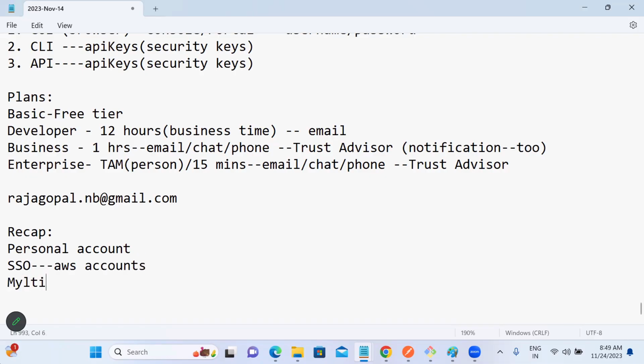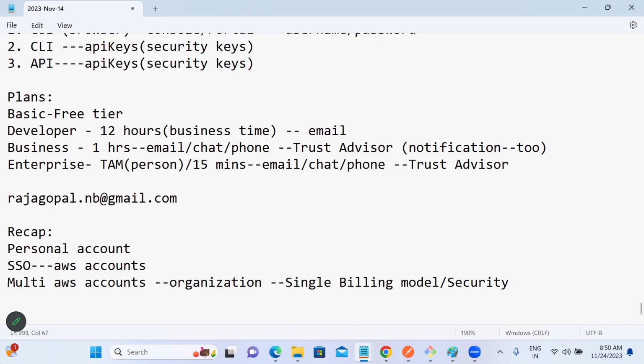If you have multiple AWS accounts, what is the concept we use to group them? Organization. The benefit with organization is that we can impose security, and you will get one single bill for the root account. All the under accounts come to the single billing model. And obviously the security point. And then